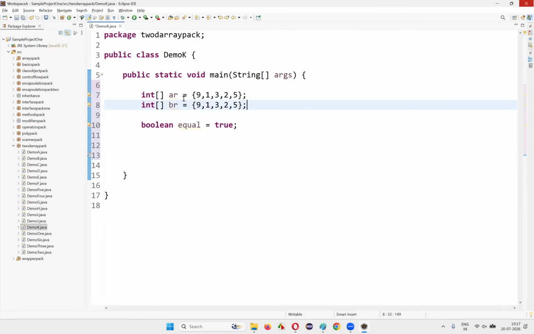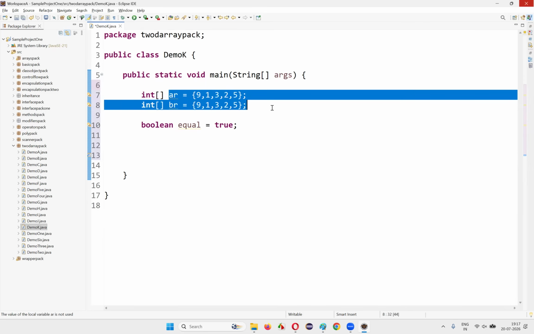I'll just create two arrays. For now, they should be equal. After that, I'll change the data here itself while comparing, so that we don't have to create multiple arrays. Just two arrays are enough for now to get started. Boolean equality is equal to true. Initially, I'll say these are equal, but